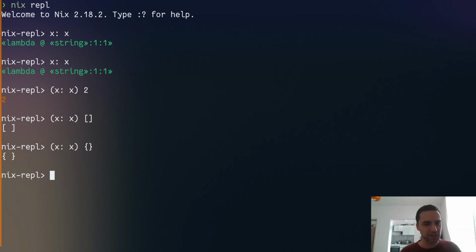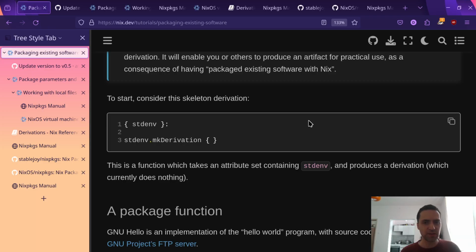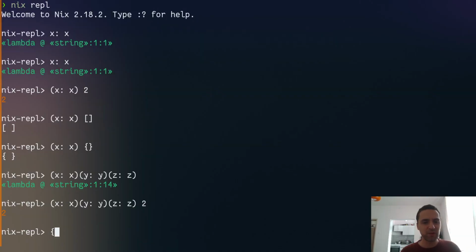This is interesting. We could even give it another identity, or any identity we like, and we'd still get a lambda. Even if we provided a 2, we get a 2. Could we do the same with this? So we have this, and then we have this. That's kind of similar to x: x,